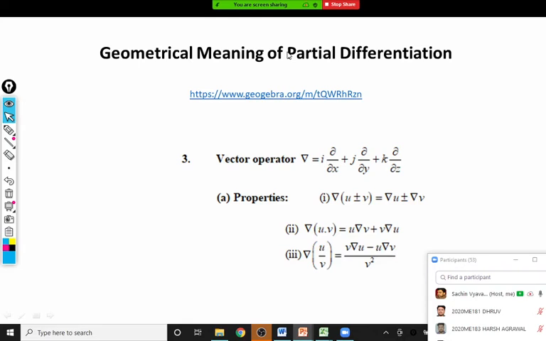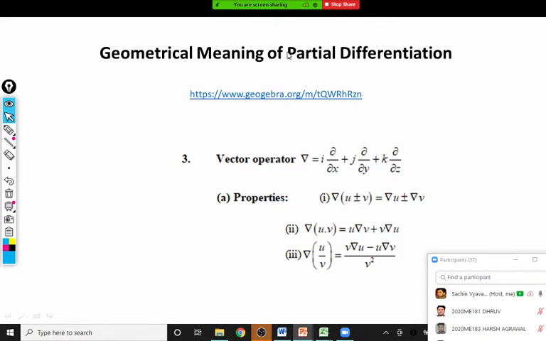So this one is our third session on vector differentiation. Whatever we are going to start from this third session, these topics are the most important topics of your syllabus. So, three articles that you are going to learn now: gradient, divergence, and curl. Majority of the times, all the questions of vector are coming from these three articles only. Today we are going to start one of the first articles from that, which is gradient.